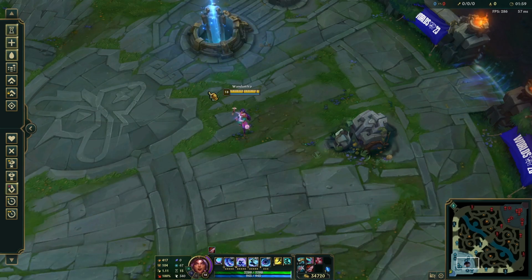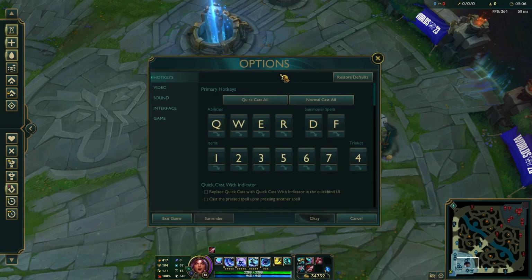In this video we're going to be discussing the best settings for Nilah. So what are we waiting for? Let's get to it. Alright, so first of all go to your hotkeys, and after you go to your hotkeys